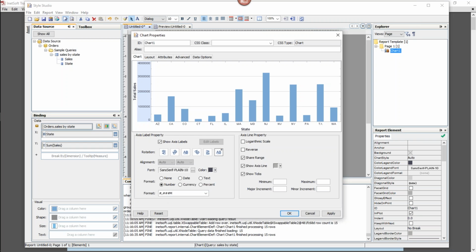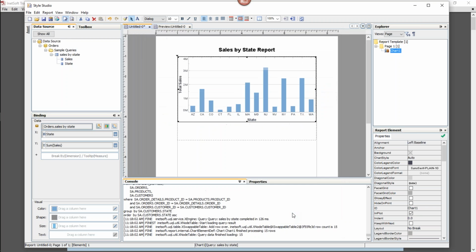The format is hash, comma, hash, hash, hash, capital M. The hash symbols are basically just placeholders. They effectively provide the instruction that we want a comma every 3 places, and then we want the representation in terms of millions, which basically divides the actual value by 1,000,000 and then provides the result. Okay, I think we might have another webinar on formatting, or there might be another video floating around out there on formatting. So I'm not going to go too much into the formatting since this is just an introductory video, or introductory webinar. So I close that dialog box, and then you can see the formatting is applied there to the y-axis. So that chart is done.